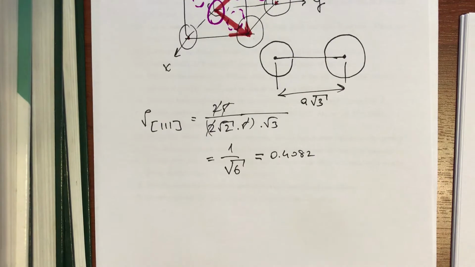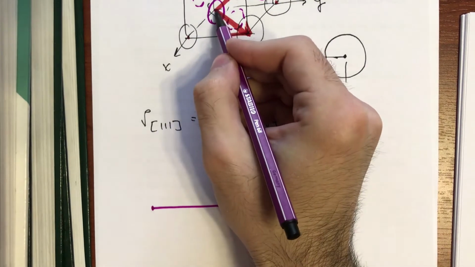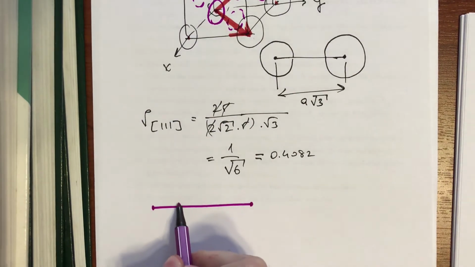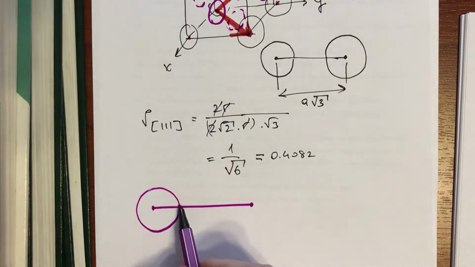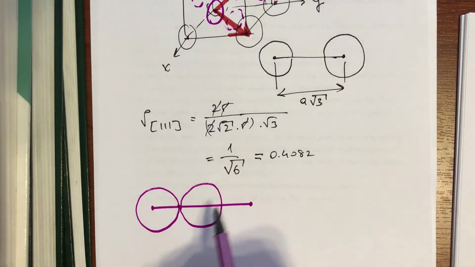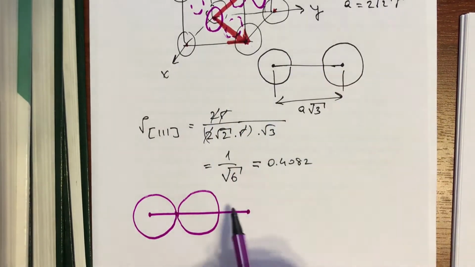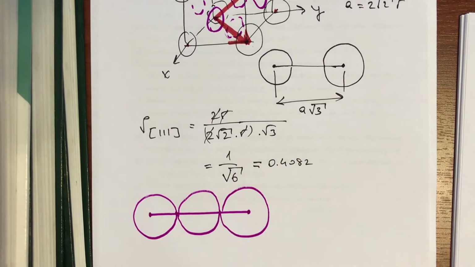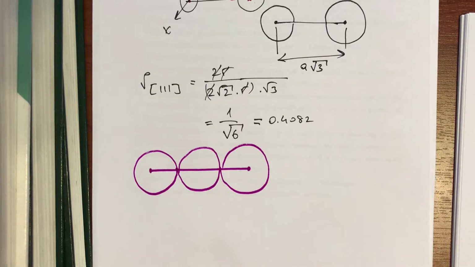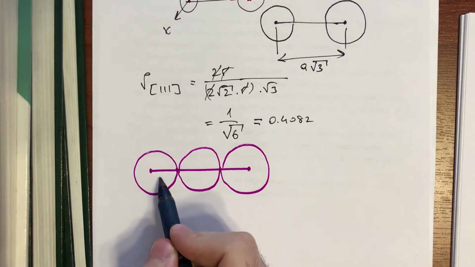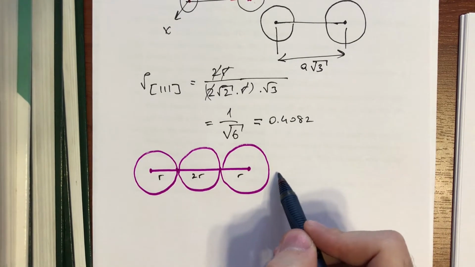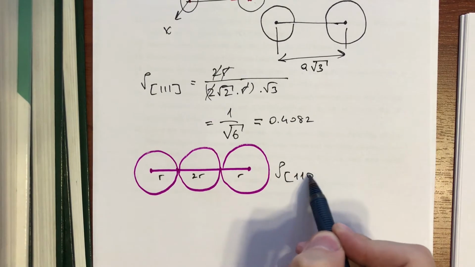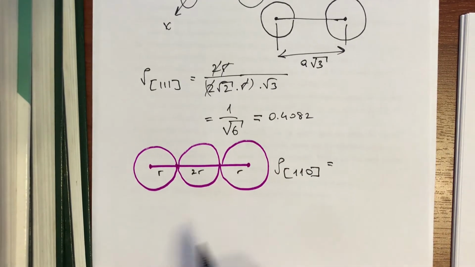So it's cutting through the corner atom at the origin, the bottom atom, and finally this atom right here, this corner atom. So this is R to R, R, and the linear density expression for this direction is going to be